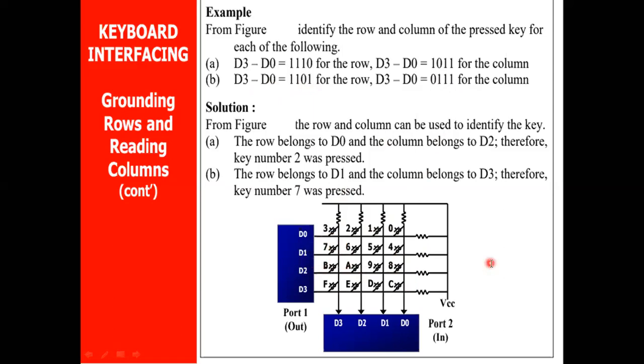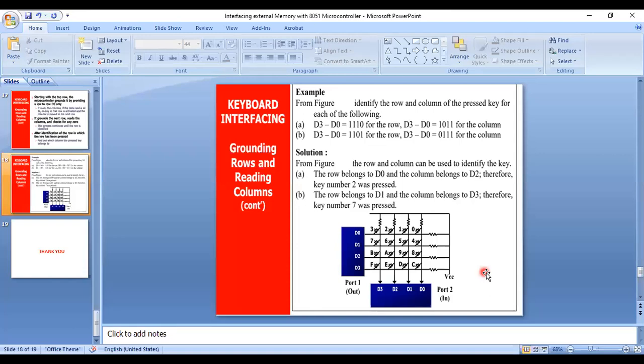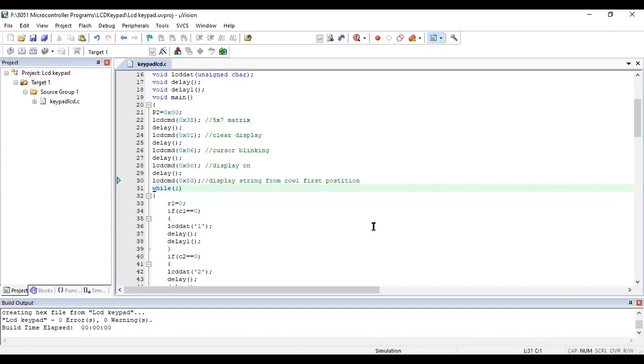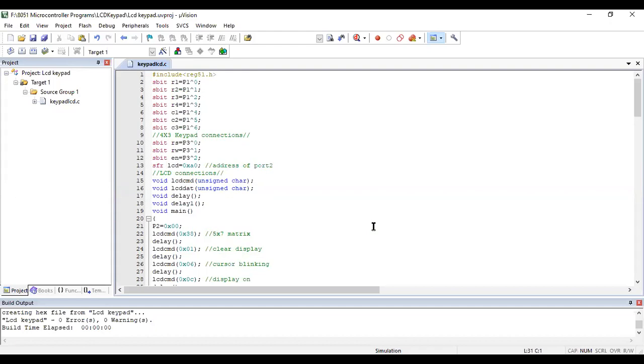I want to explain this with Keil MicroVision. I have written the program in embedded C, and I will show you the output with Proteus software. Here you are interfacing both a keyboard and an LCD.